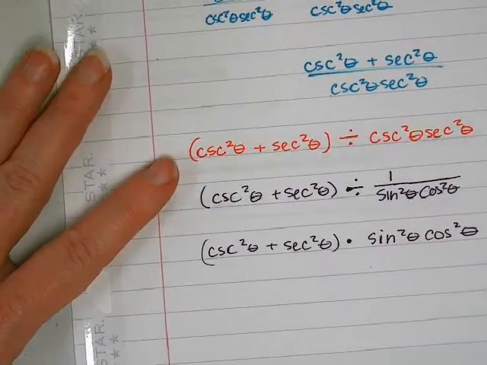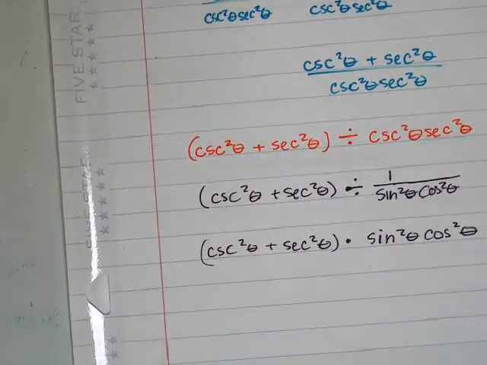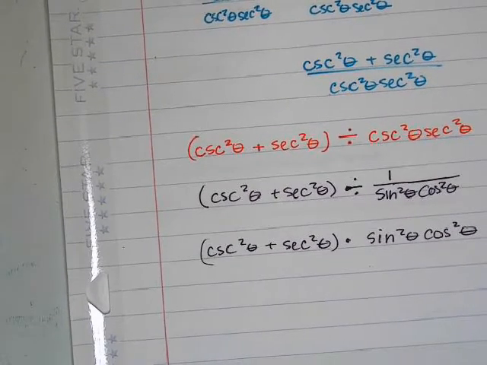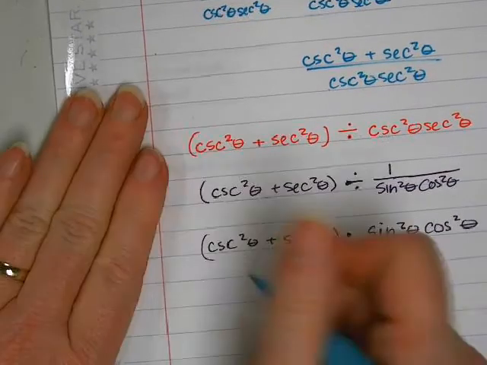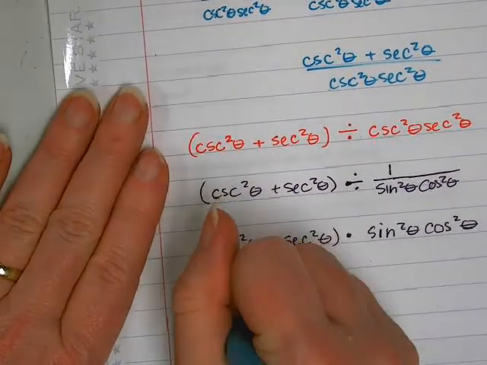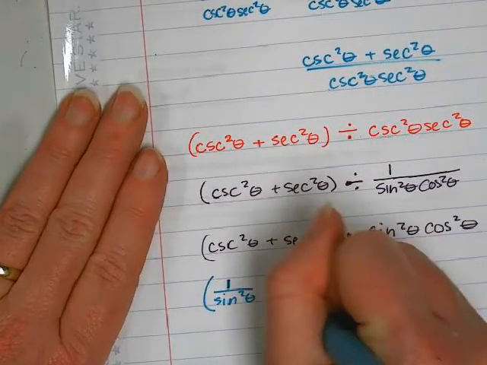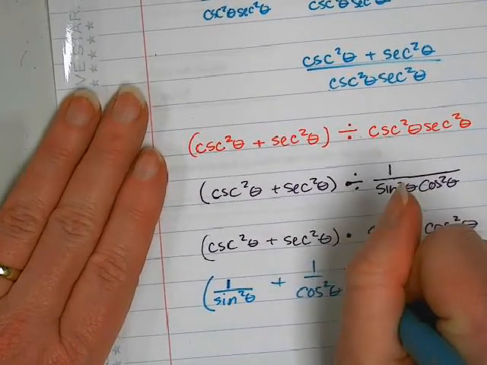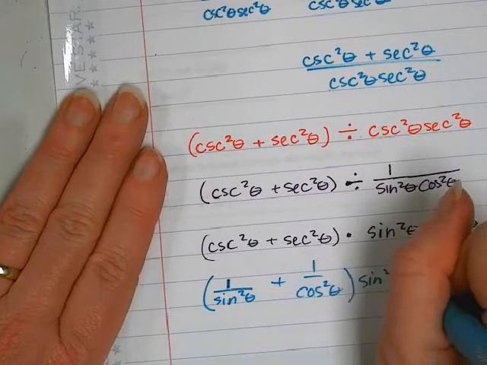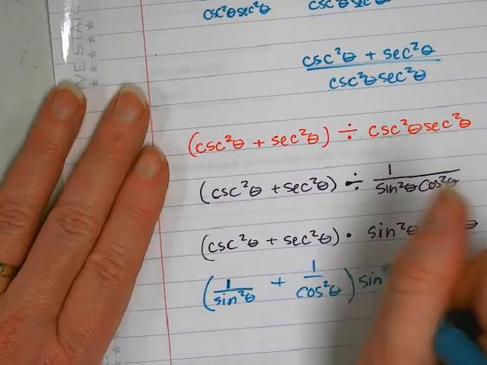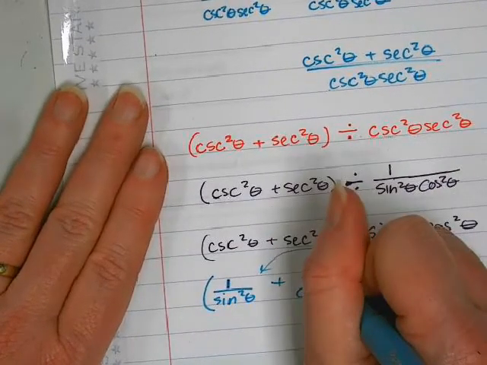Obviously, there's a lot of these steps you could skip. I just don't want anybody to not know what I'm doing. So this is 1 over sine squared theta plus 1 over cosine squared theta times sine squared theta cosine squared theta. Now if I distribute this,